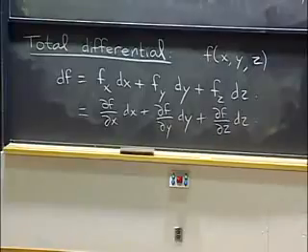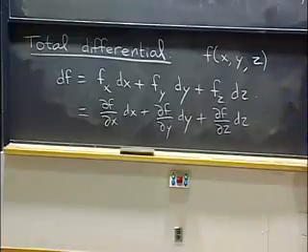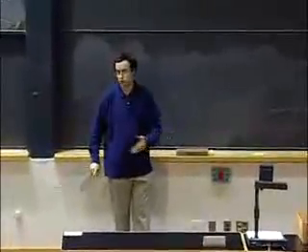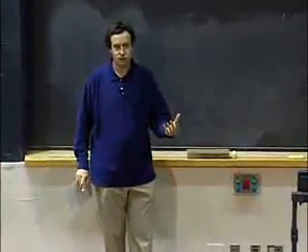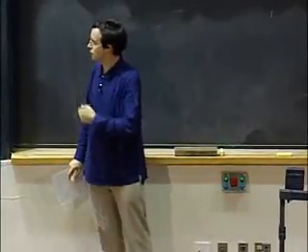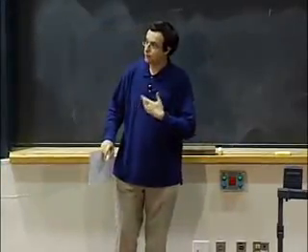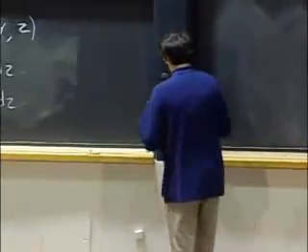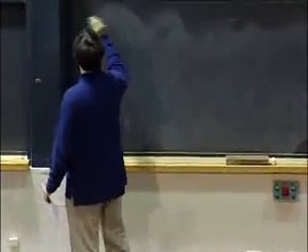Now, what is this object? What are the things on either side of this equality? Well, they're called differentials, and they're not numbers, they're not vectors, they're not matrices. They're a different kind of object. These things have their own rules of manipulation, and we have to learn what we can do with them. So how do we think about them? First of all, how do we not think about them?